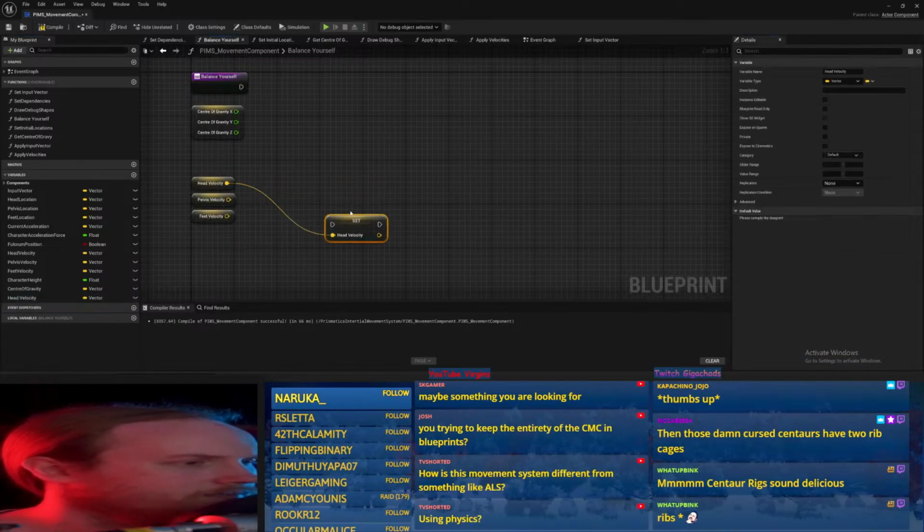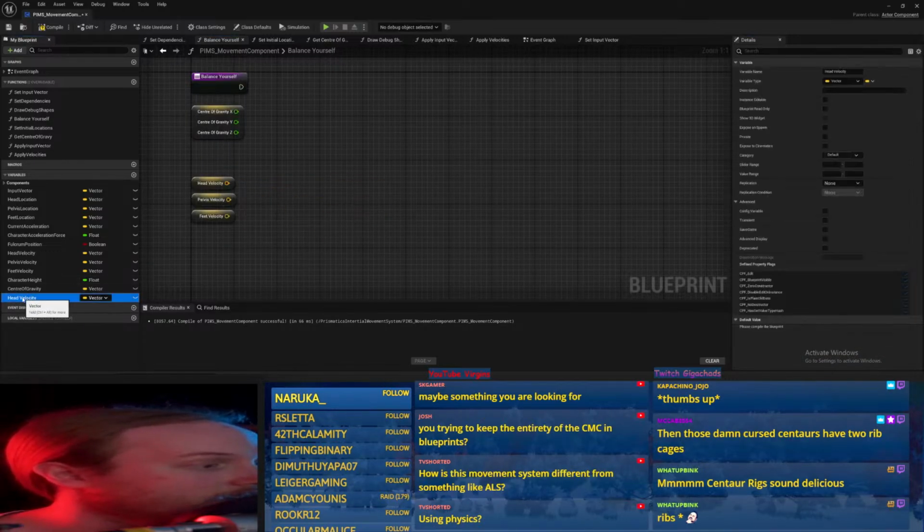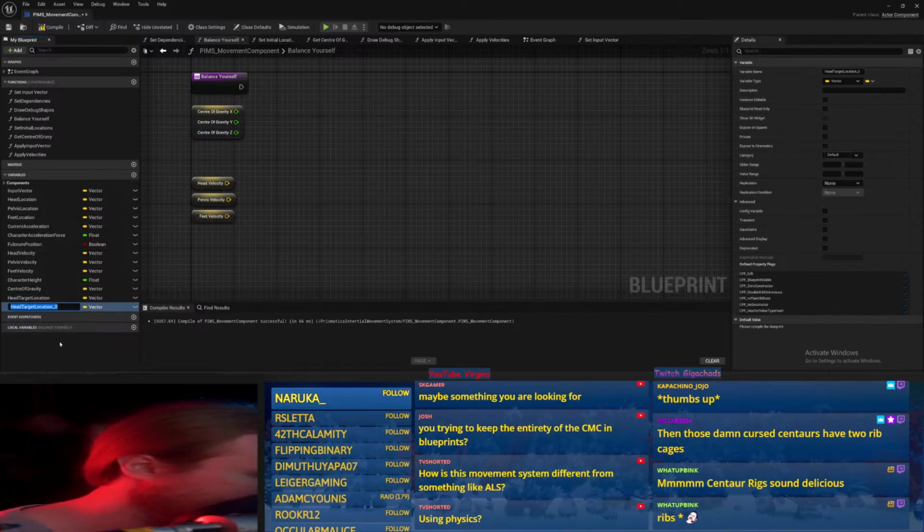Let's just promote a variable. So we'll just say head target location. And dupe that. Pelvis target location.